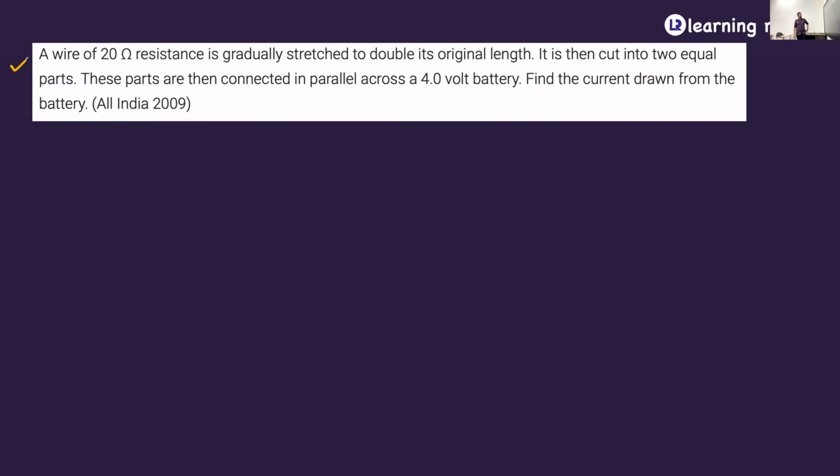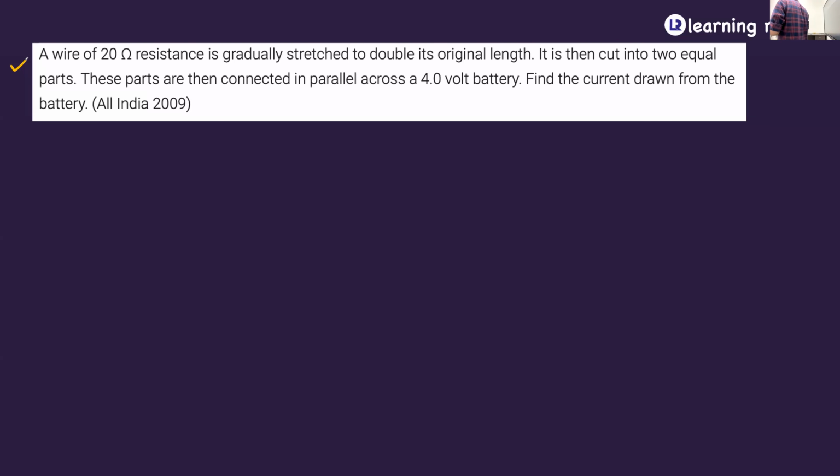A wire of 20 ohm resistance is gradually stretched to double its original length. It is then cut into two equal parts. These parts are then connected in parallel across a 4-volt battery. Find the current drawn from the battery. It's a simple problem. So what do you have? You have a wire of resistance 20 ohm, which is gradually stretched to